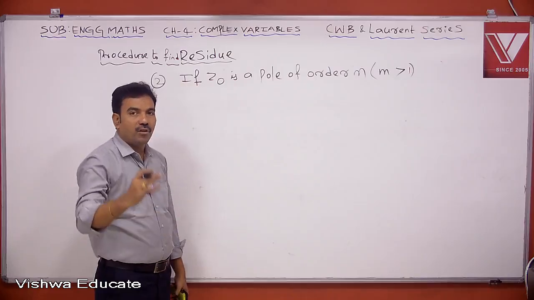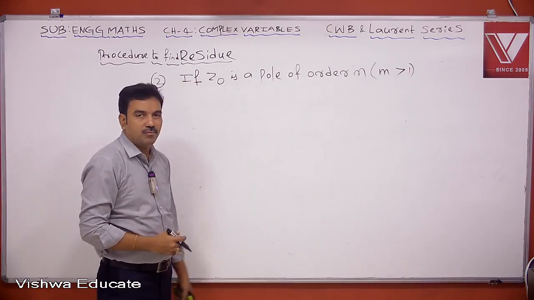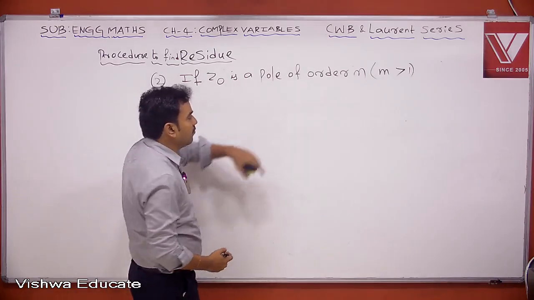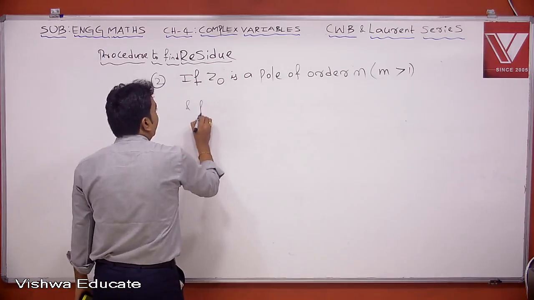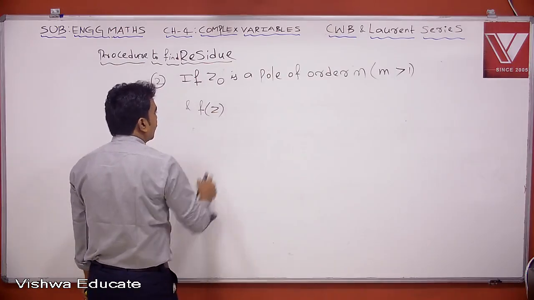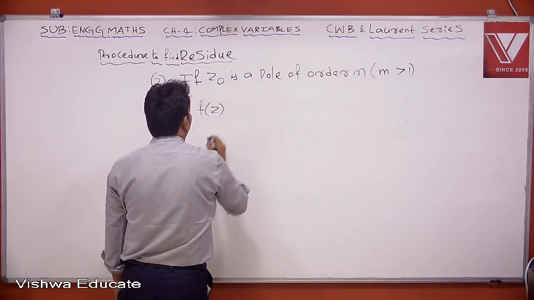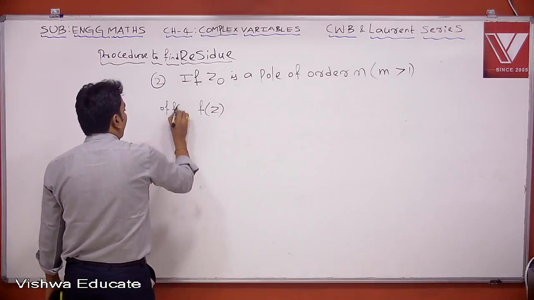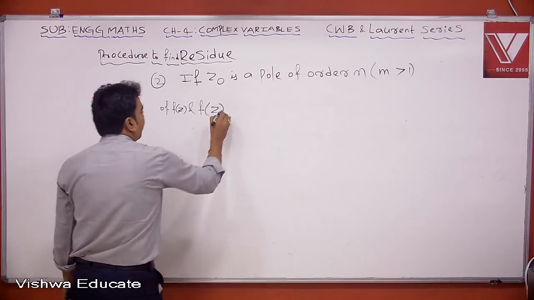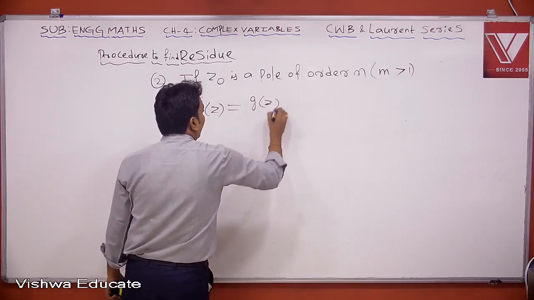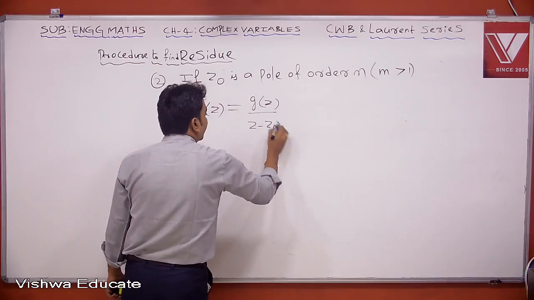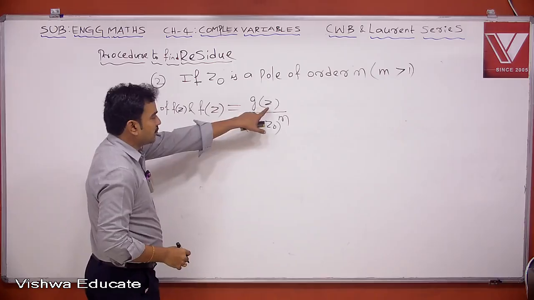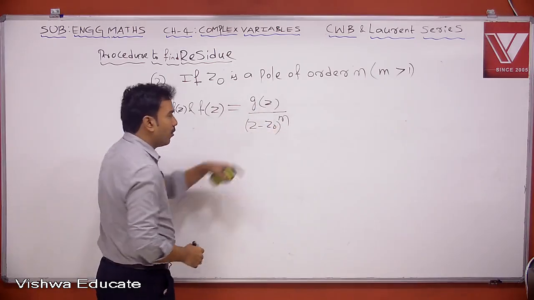Now from second order onwards, we were discussing in case 2, poles of order 2, 3, 4, etc. So if z naught is a pole of order m of f of z, greater than 1, and f of z equals g of z divided by z minus z naught whole power m,